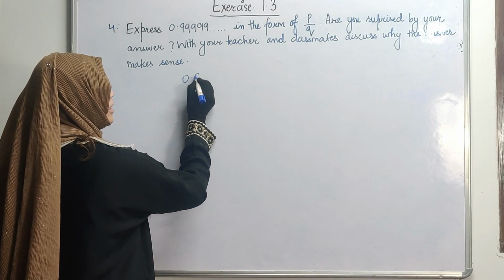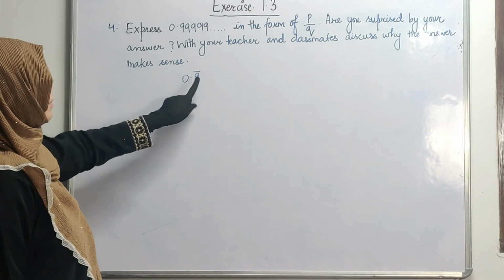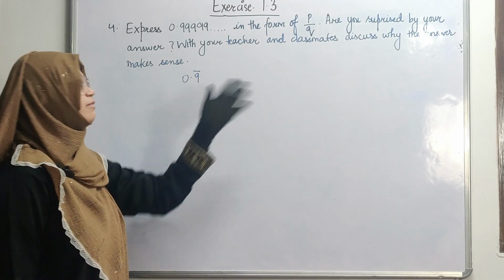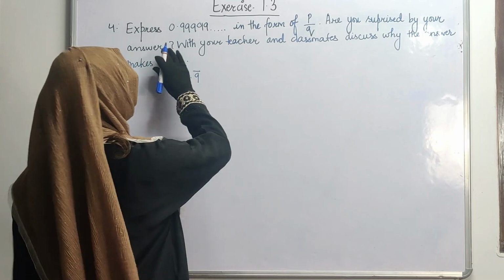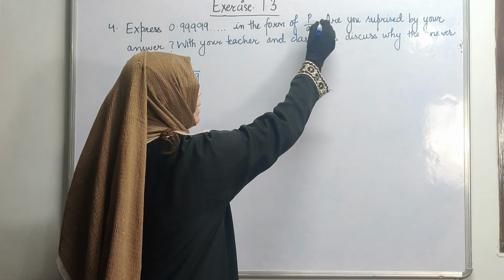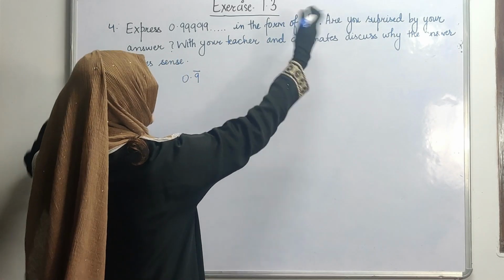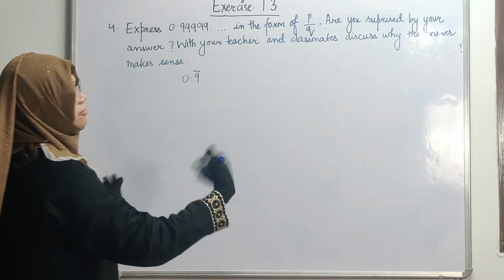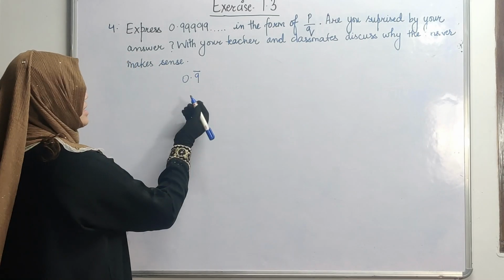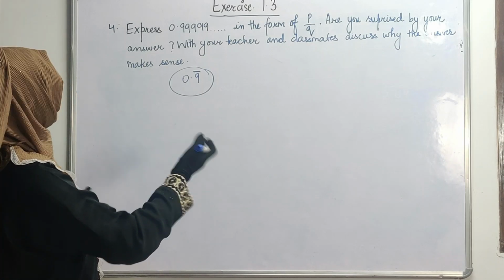This is 0.9 बार. 9 हमारा रिपीट हो रहा है, तो हमें कहाँ पे बार लगाना है? हमें 9 पे बार लगा देना है. तो आगे हम आगे की वैल्यू ना भी लिखे, इट्स फाइन. एक्सप्रेस 0.9 बार इन द फॉर्म ऑफ P अपॉन Q. हमारा बेसिकली मेन क्वेश्चन ही यहाँ तक है. आगे आर यू सरप्राइज बाय योर आंसर? इफ यस और नो, हम लोग वो सब आगे वी विल चेक. बट फर्स्ट स्टेप हमारा है, हमें 0.9 बार को सॉल्व करना है इन द फॉर्म ऑफ P अपॉन Q.